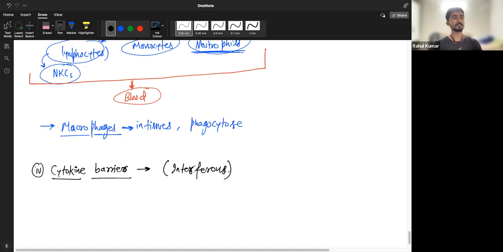Remember, I also told you that sometimes viruses just inject their genetic material, and that genetic material gets incorporated in our own genetic material, and when we are replicating our DNA, we are also making copies of the viral protein, and we don't know about it. Remember, this kind of mechanism is called hijacking the system for their own benefit. You understand?